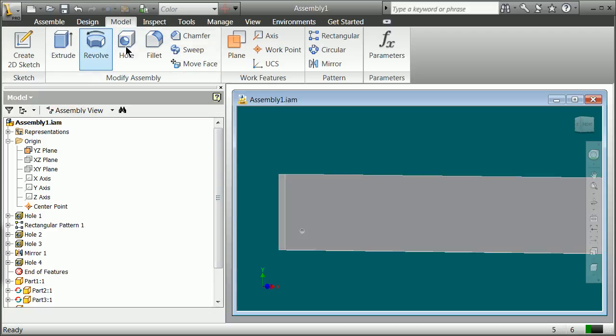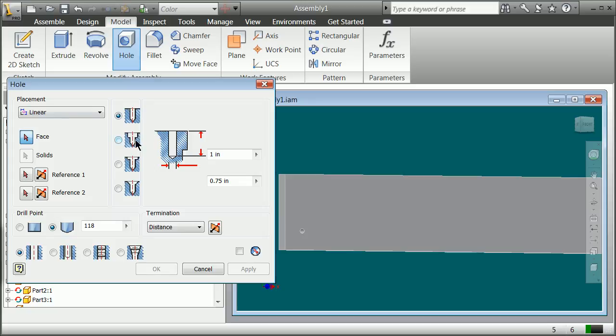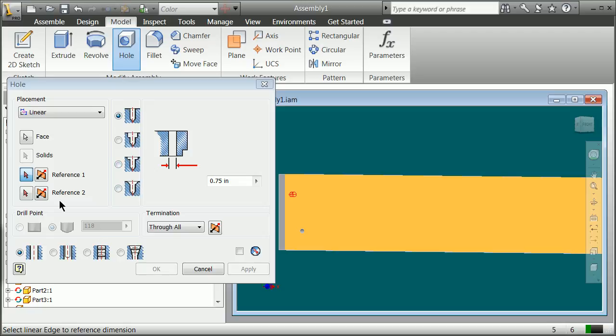I'm going to go ahead and grab another hole, much faster ways I'm sure to do this. Through all, grab my reference, sorry, grab a face, once again grab my distance, 3 inches,